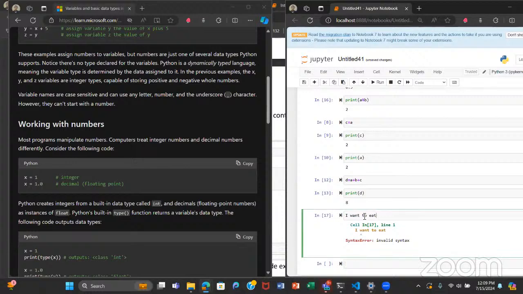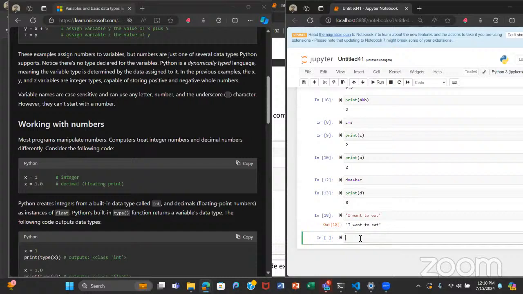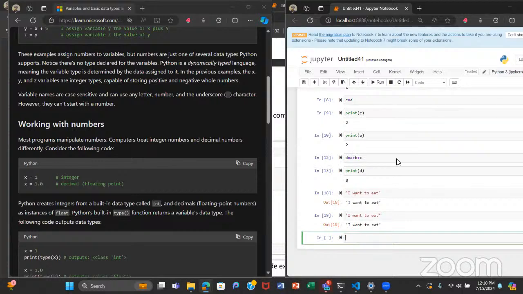Why would you get an error? Because of how Python recognizes text: by you putting that text in quotation marks. You could use a single quotation mark or a double quotation mark. It doesn't really matter, but you should use quotation marks. And then you have your string.